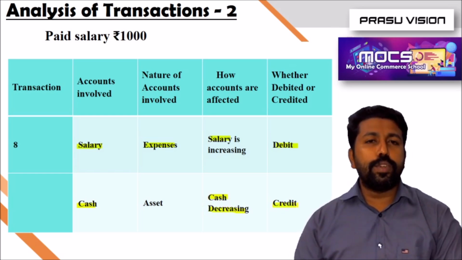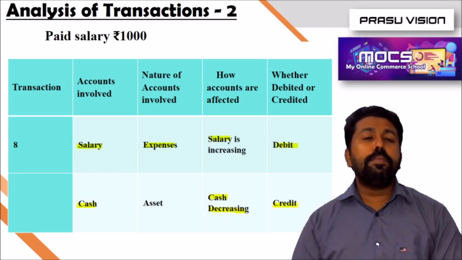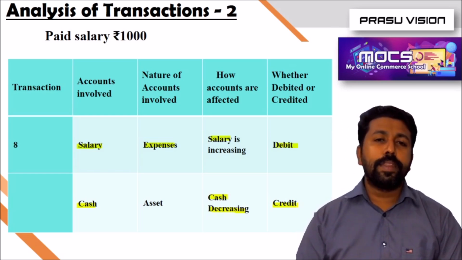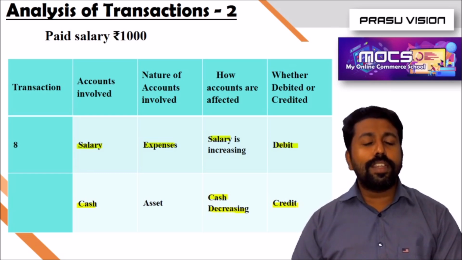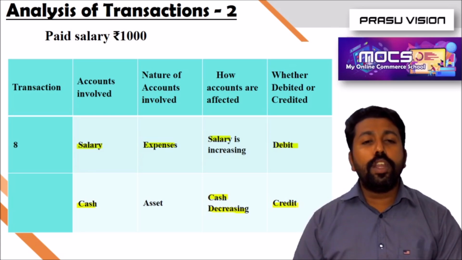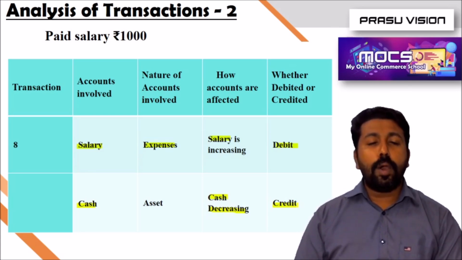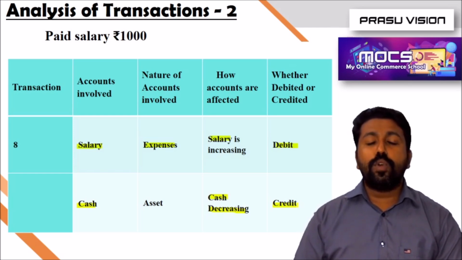So remember, my dear students, you have to learn the rules of debit and credit. Whether it may be a traditional approach or modern approach, the output will be the same. But we have to analyze lot of transactions, not 5 or 6. We have to analyze thousands of transactions. Then only the rules of debit and credit will be very clear for you. I hope this video is very useful for you.